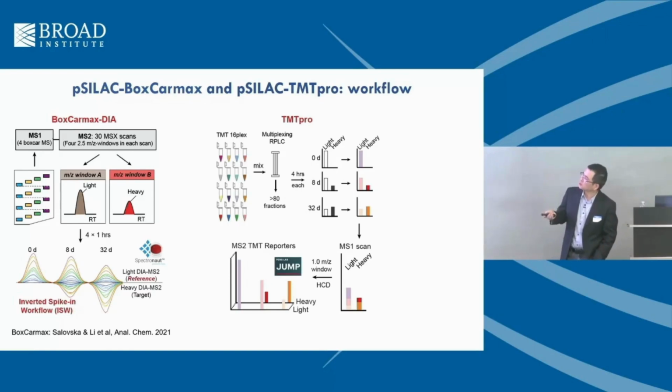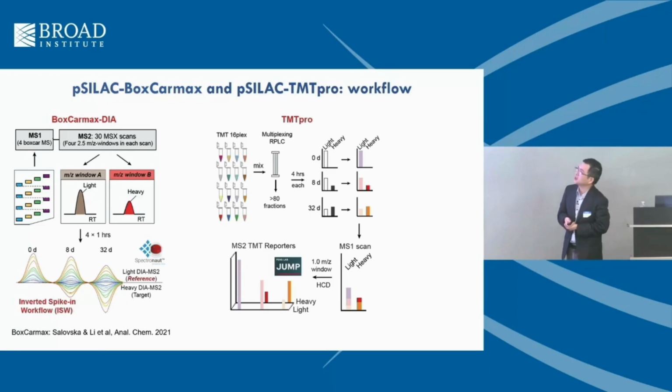Nine of them are from the brain regions. So here we used a boxcar DIA, following what my lab published about the boxcar method, but we are really doing it with DIA and multiple injections, so that we can have small windowed DIA and split the heavy and the light peptide into different MS2 scans. By doing that, we could have a better quantification, and we can use all of the b ions